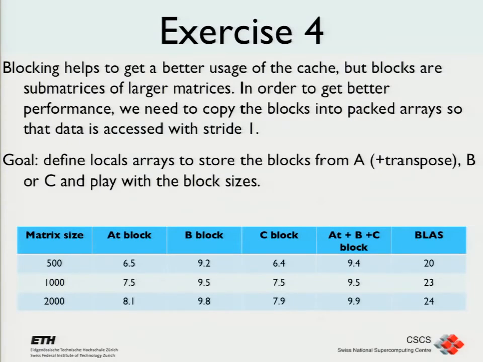So the answer is that, you can see if you block the transpose of A, you'll get a performance increase, but not so much. The best one is blocking B. That's very interesting. C is not really interesting. It's comparable to this one. But if you do all three at the same time, you get